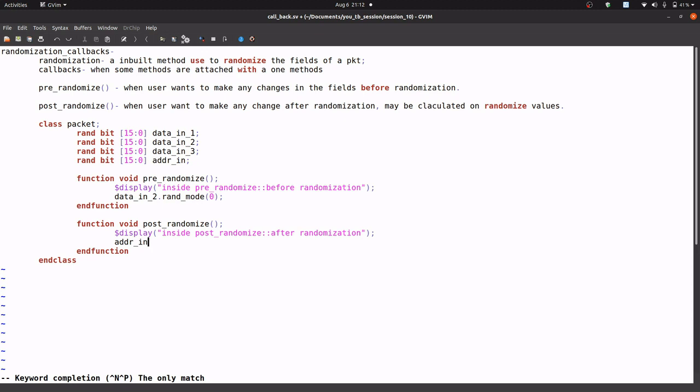Let's say address_in is equal to data_in_1 plus data_in_3.